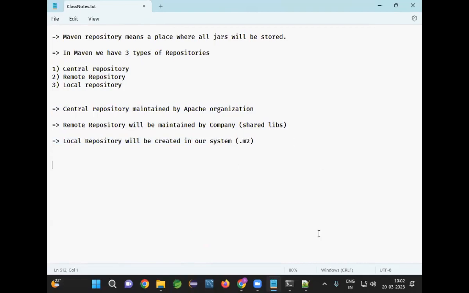What is the meaning of repository? Repository is a place where we are going to maintain jar files of the